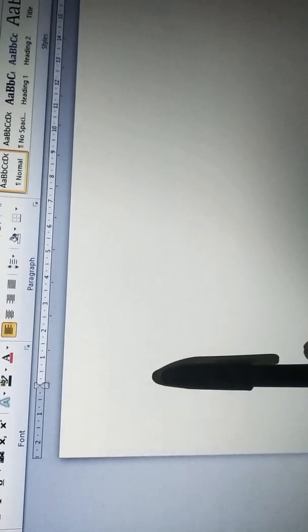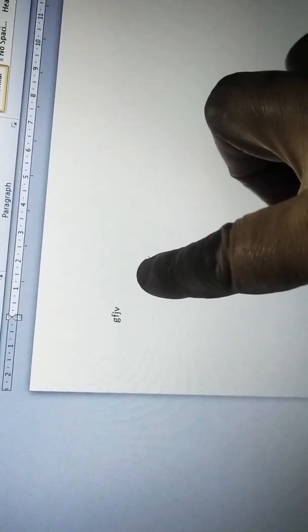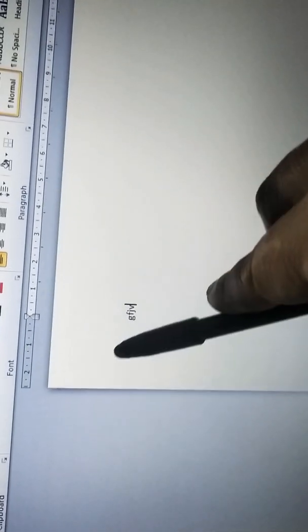From where the I-beam cursor blinks, if you type anything from the keyboard, you can see on the screen the letters are typed there only. So this is the document area. The margin is defined here, so it is not printed.